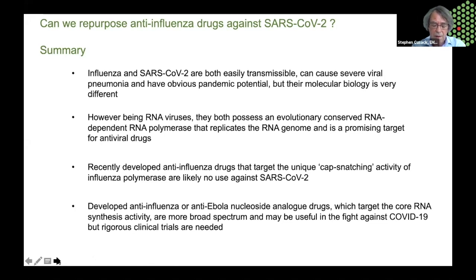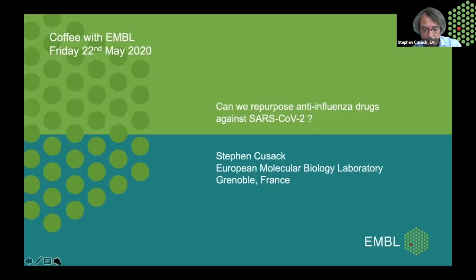This polymerase has many unique features, and our goal has been to understand it mechanistically by structural biology. Our latest results using cryo-electron microscopy, where we were able to follow the complete cycle of transcription, were just recently published in Cell. In parallel, we and others have been using our structural information, which has been underpinning development of the next generation of anti-influenza drugs that target the influenza polymerase directly. So let me just remind you in the next slide what a polymerase does.